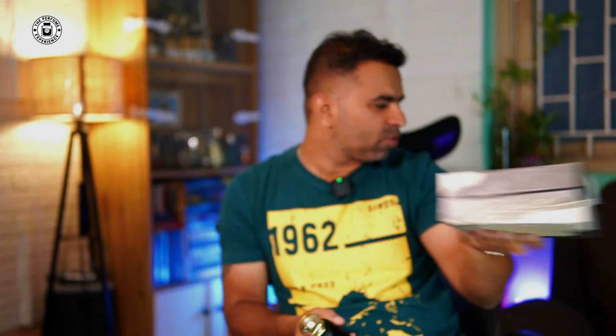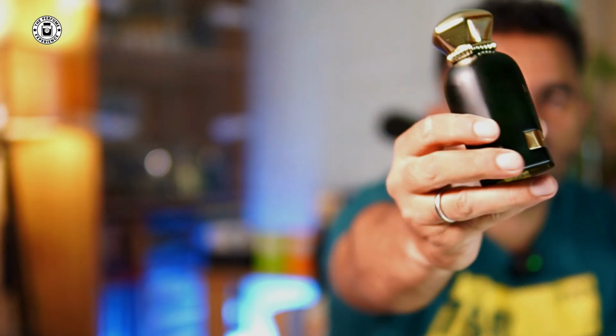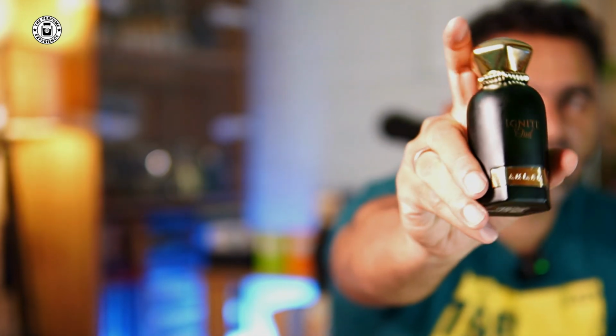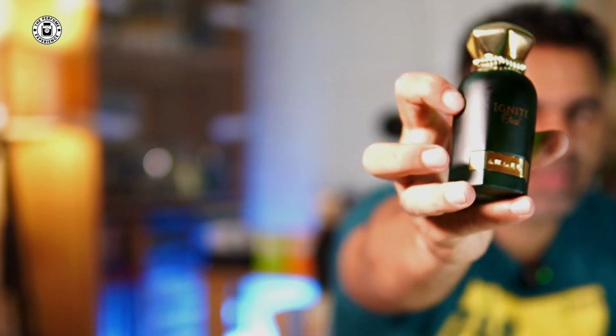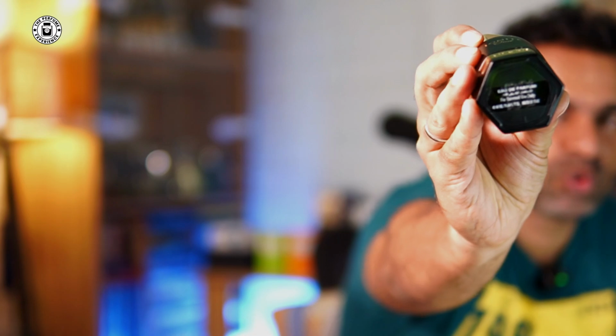When you remove the box, you realize that the fragrance is very small. It's this beautiful bottle green colored bottle with a golden mark for Ahmed Al Maghribi, and there's something written here as well which talks about the same. At the bottom you have a sticker that talks about the concentration, and that is one other key element of this particular fragrance, because this is a